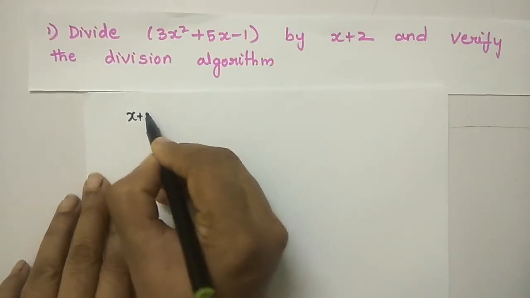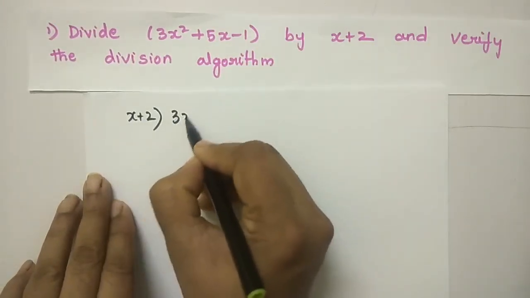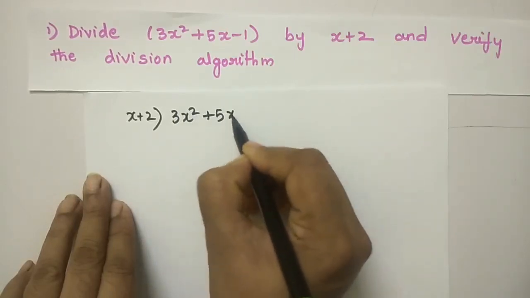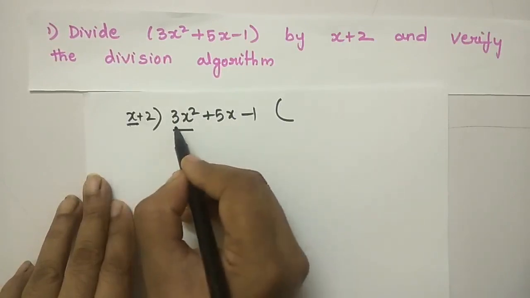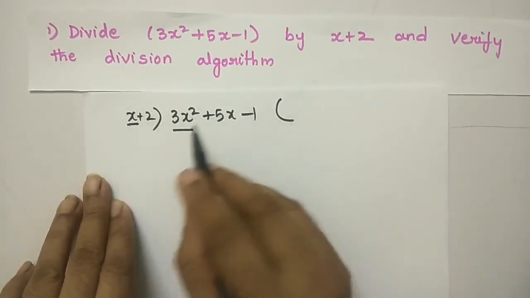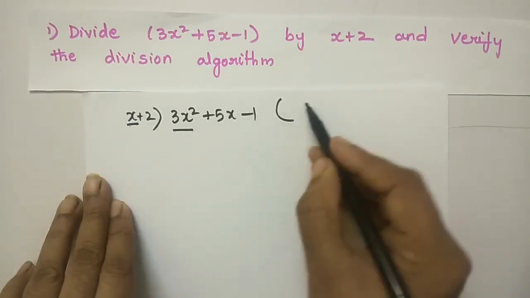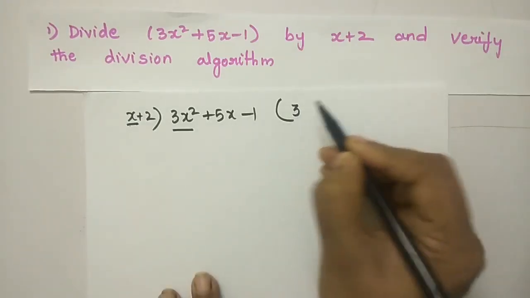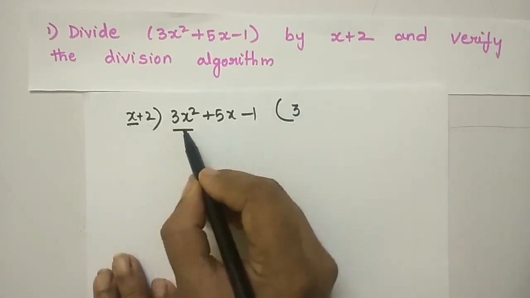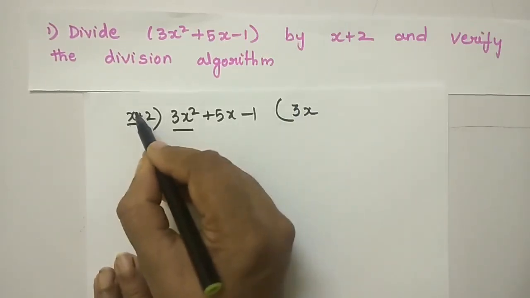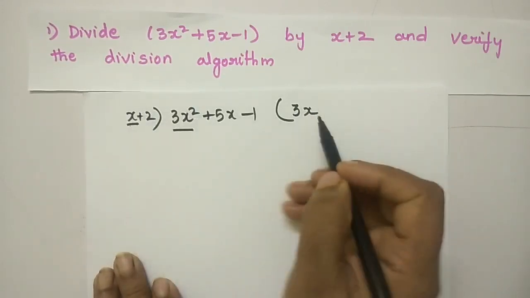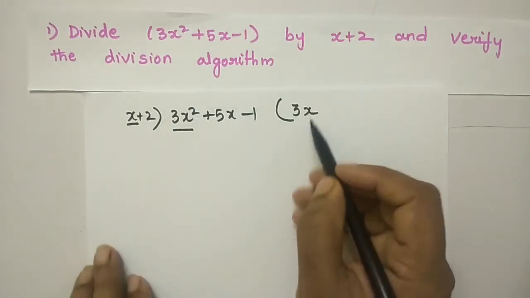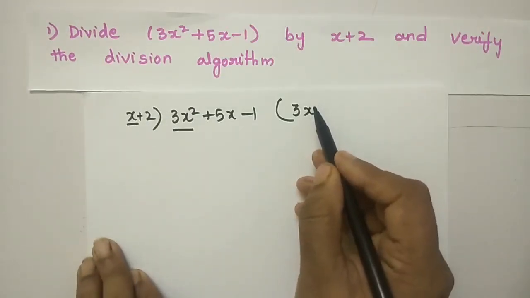Now write down here x plus 2, dividend as 3x square plus 5x minus 1. Now look at the first term. Here the quotient is 1, here it is 3. So 1 into 3 is 3. So it is enough to write here number 3. Now go to the variable, it is x, write down here x. The power of x is 1, here it is 2. To 1 if you add 1, you will get 2. So it is enough to write 3x. Power 1, nothing is there means x power 1, is it not? So I have just written here 3x.